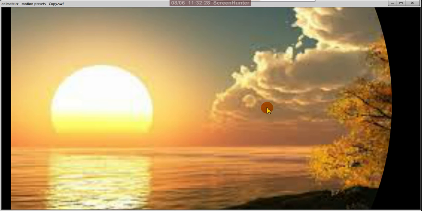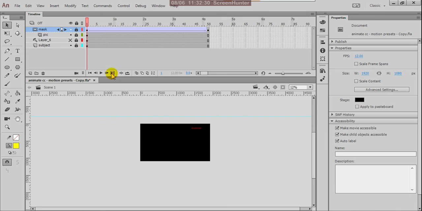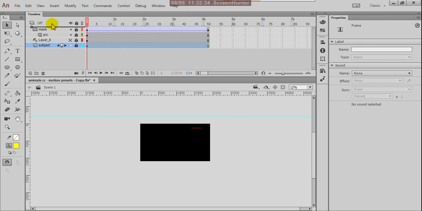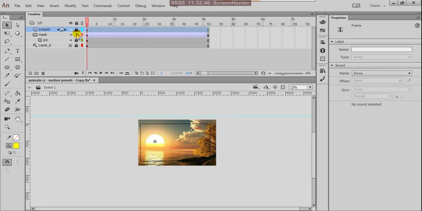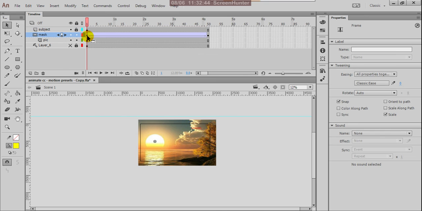Okay, so here I'm giving the layer on top. Here unlock all this to edit this mask. Okay, here between these two keyframes, what I'm doing, I'm giving slow in.